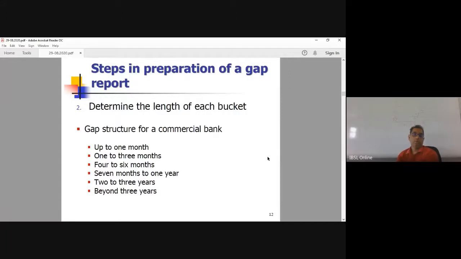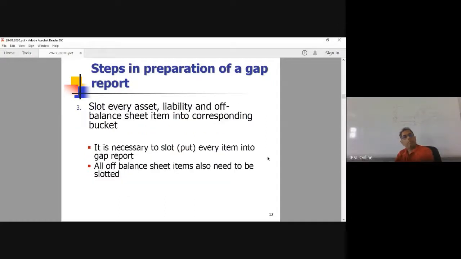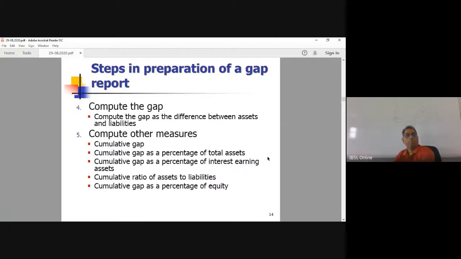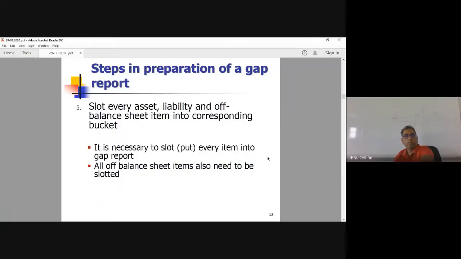Slide number 12. Yeah, so again, another guideline. It doesn't mean you have to stick to this; it depends on the type of liability and the balance sheet structure that you have, but it's another guideline. So we're going step by step. So you have slotted every item into the gap. Now,